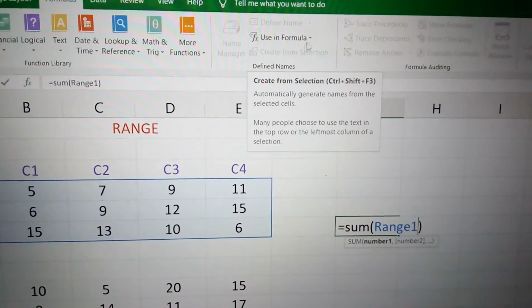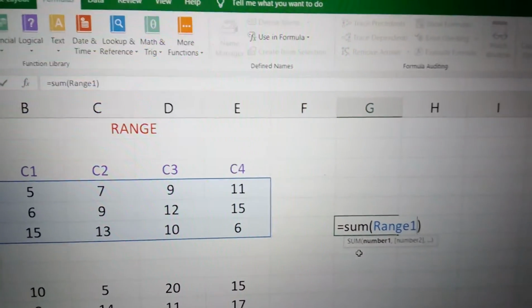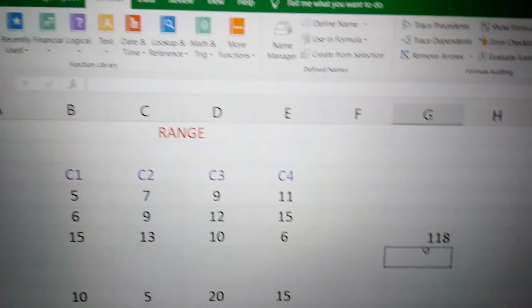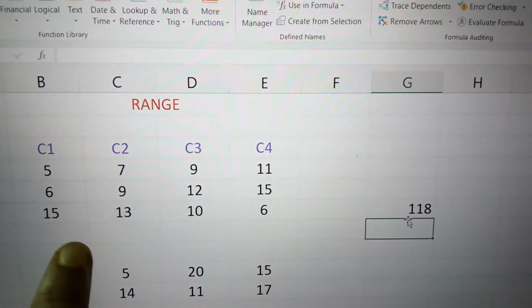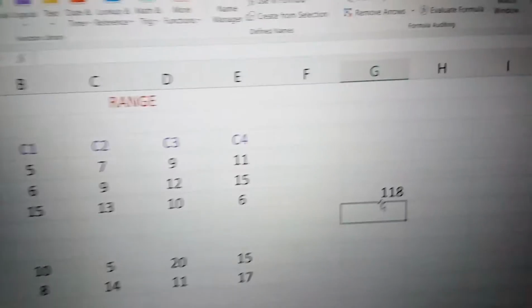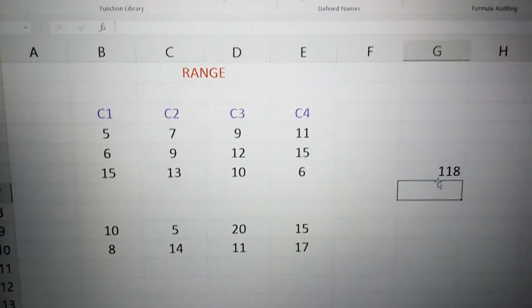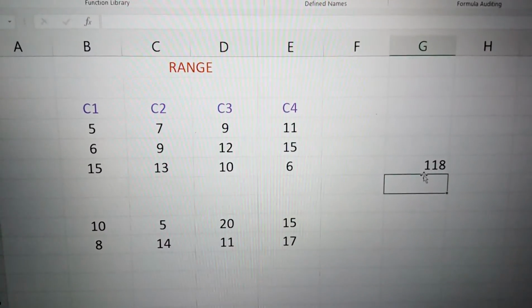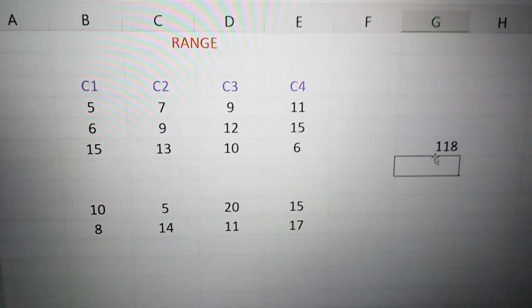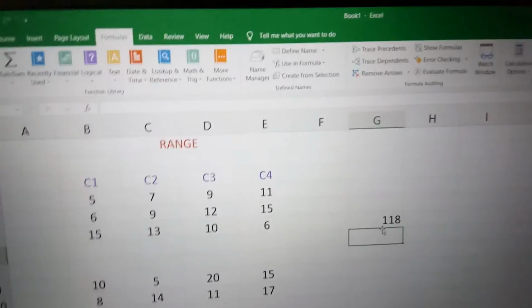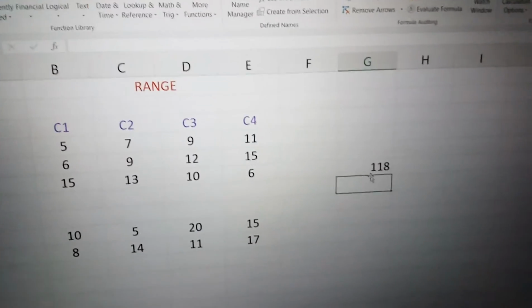I have selected it using use in formula, I have selected range 1. Press enter. See, 118, it is the sum of this range. This is the way of using a range in Excel. I can give a particular name to any range.